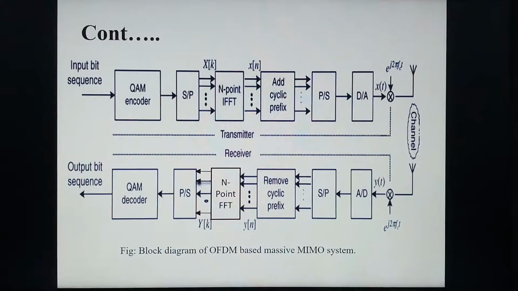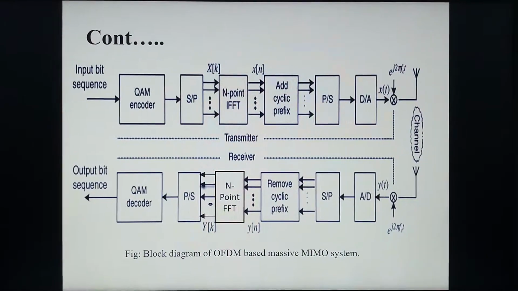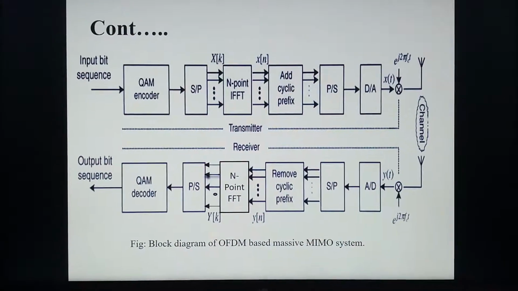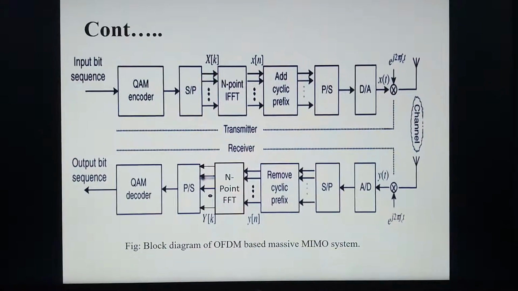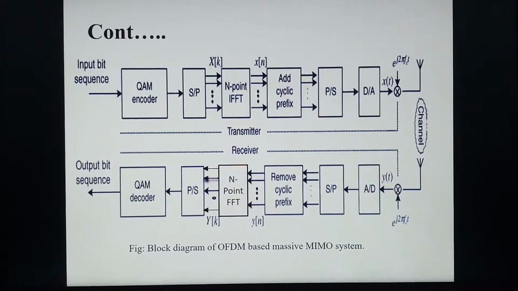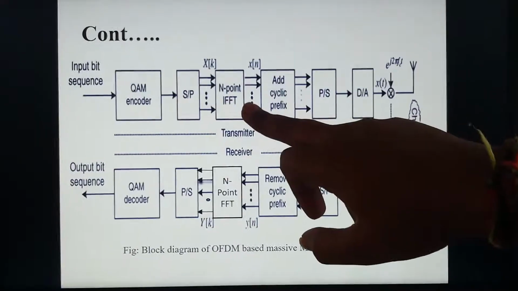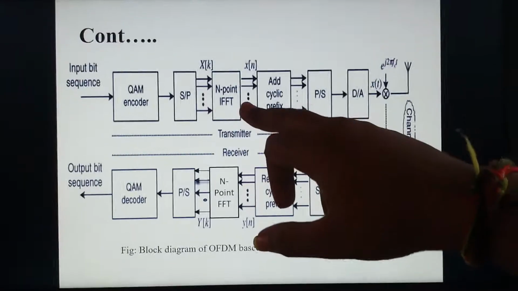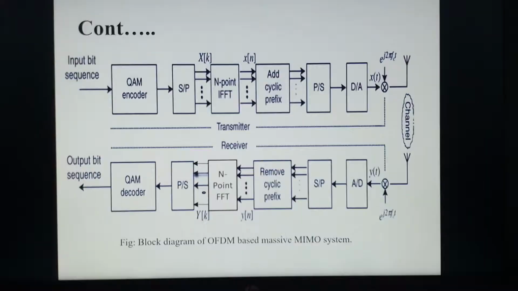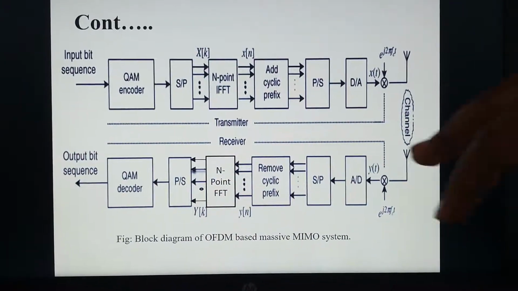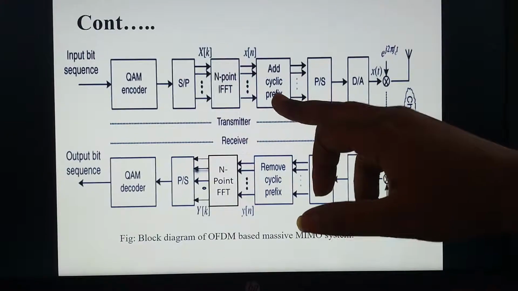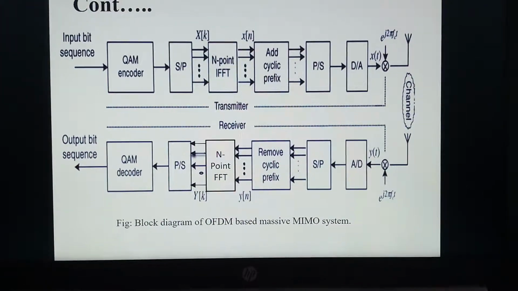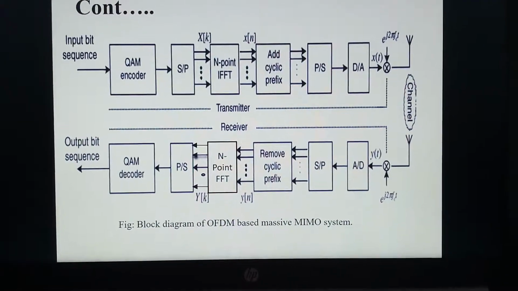For any channel transmission, we have to convert the signal from the frequency domain to the time domain. For that, we are using the IFFT. In this, for transferring a large number of signals, the PAPR problem arises in the IFFT block, which means peak to average power ratio. By removing those peak powers, we use the cyclic prefix. This cyclic prefix is used to make the signals flat, and then the signals are converted from parallel to serial and